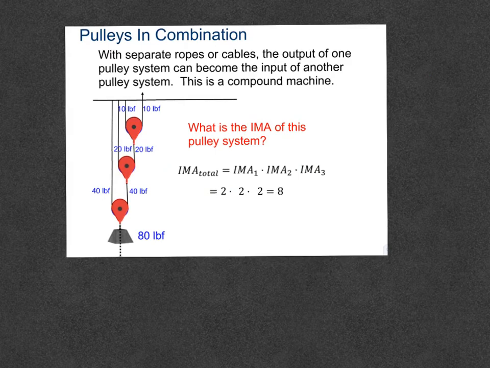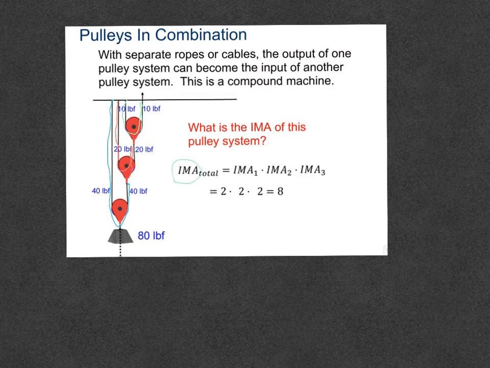This is another type of pulley. See, this is not the block and tackle that we were using. Why not? Because this is the same like a strand, but this second strand is separated from the blue one, and the third one is separated from the other two. When you have that combination, how are you going to find the ideal mechanical